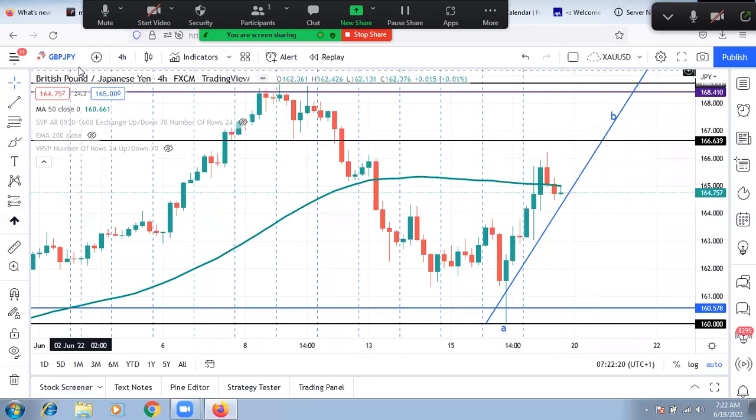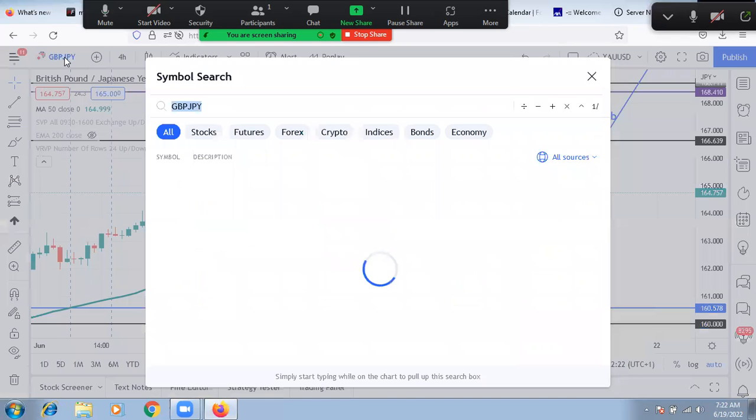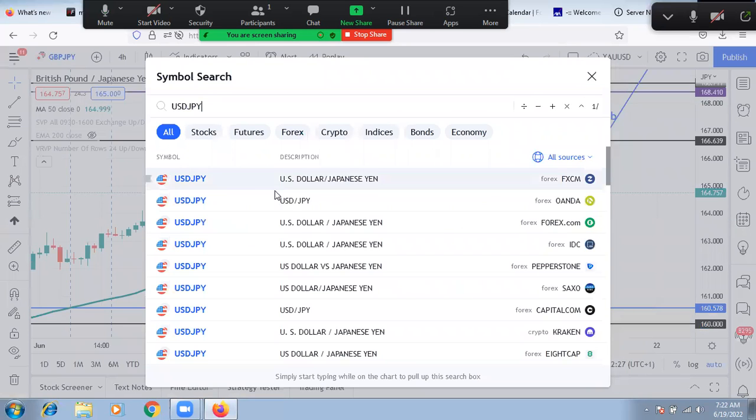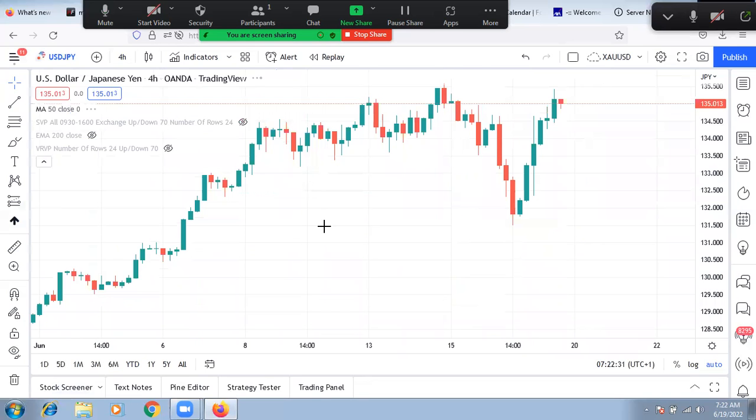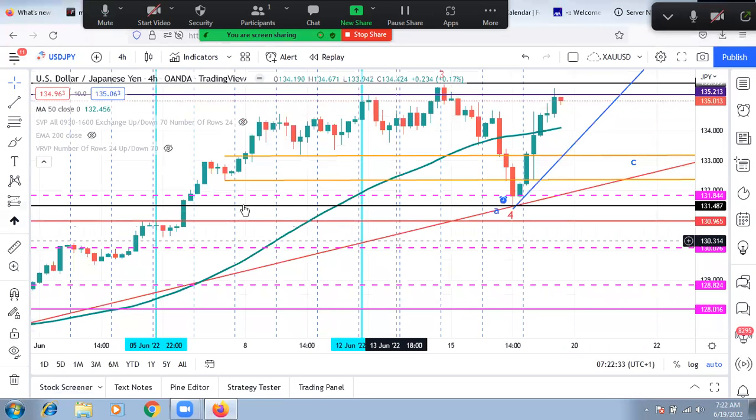Now, let's look at the last one, which is USD JPY. USD JPY is the last one. I'm just going to go inside my drawing. So, yeah, USD JPY is the last one. So, looking at this,